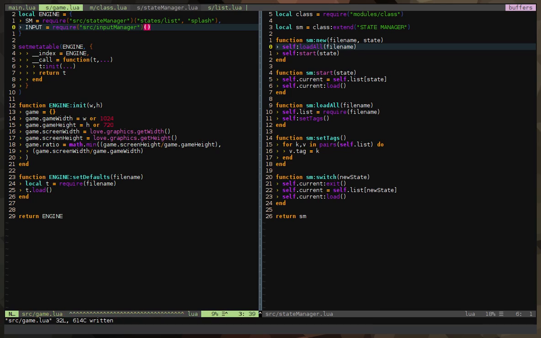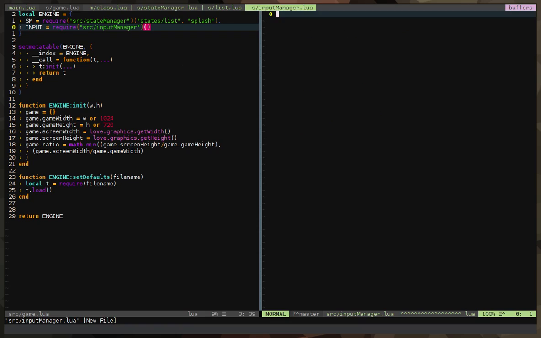So let's create that file, input manager.lua, and then as always, let's require our base class, which is in our modules, and then class. That's the name, and then let's create that.